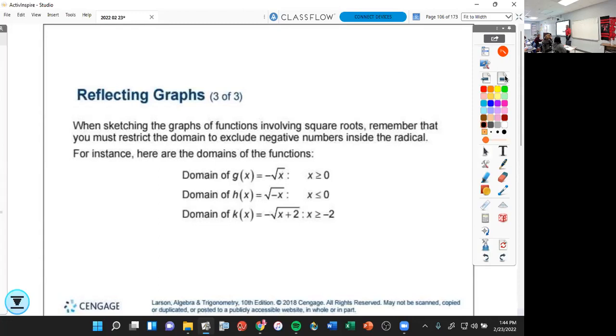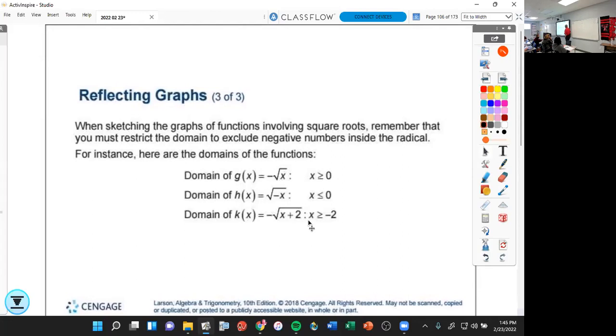If x is a negative number, I have negative 6, which would be positive 6, right? Negative 4, right? And on the last one, if I'm taking the negative square root of x plus 2, I know that x has to be greater than or equal to negative 2. Where did that come from? Where did this come from? Well,